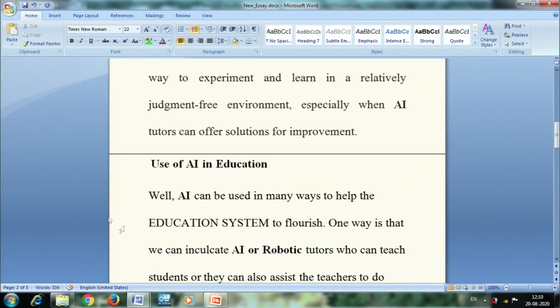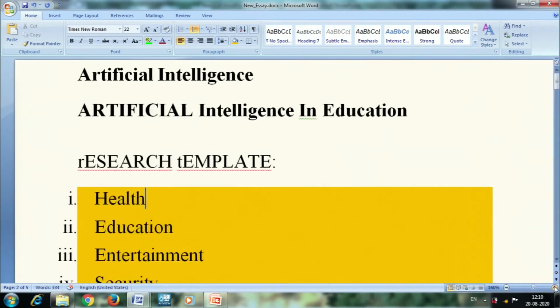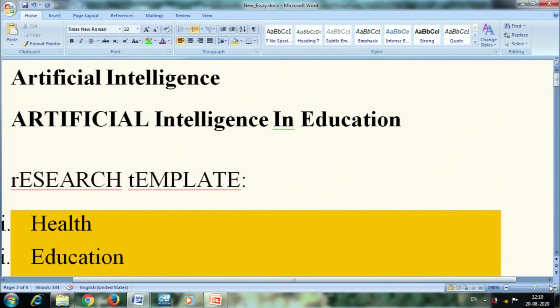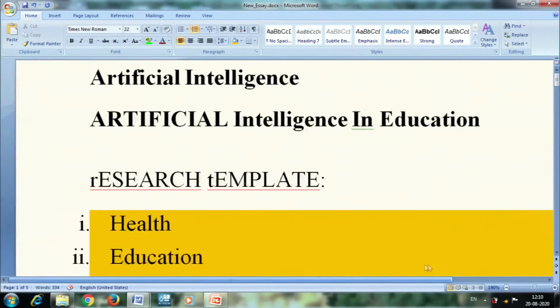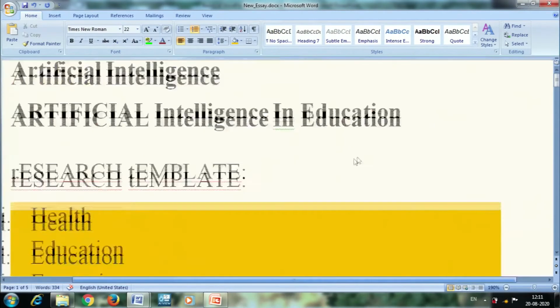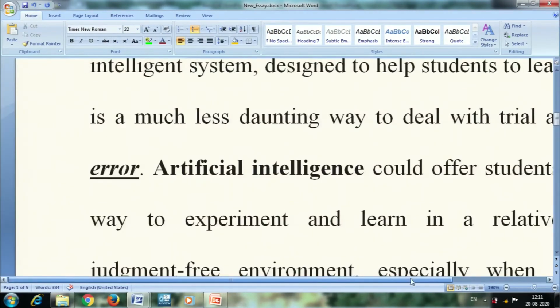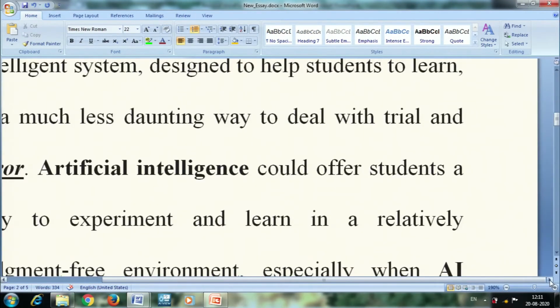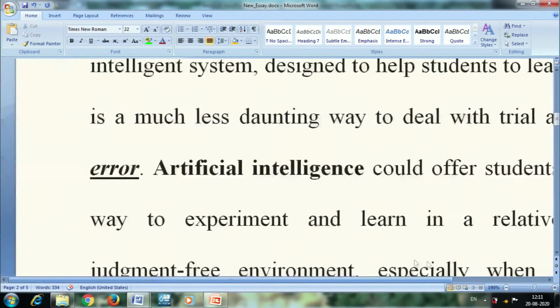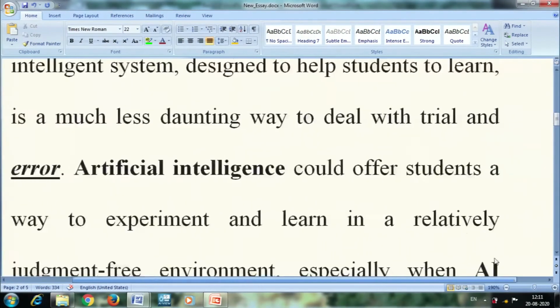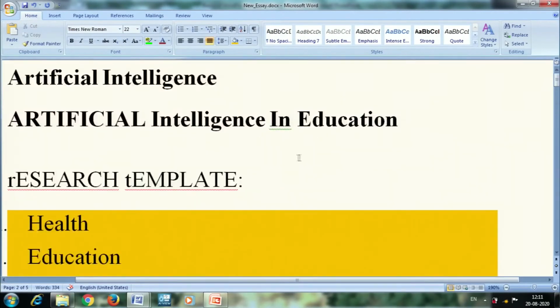Here you can see that the contents are visible as per the margin. So I can zoom, then I will be able to show you the horizontal scroll bar. Now I have zoomed out my content. So here I can use the horizontal scroll bar. If I want to see the content on the right side, I can move my horizontal scroll bar, or I can click on this arrow and see my content from left to right. So this is about the general formatting. And we also discussed how to insert bullets in your content.